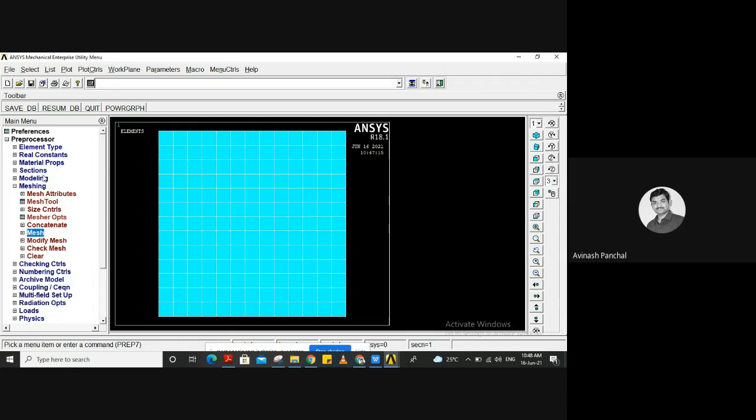So again go to loads. Here we need to give the boundary conditions. Here the boundary conditions are in the form of temperature.